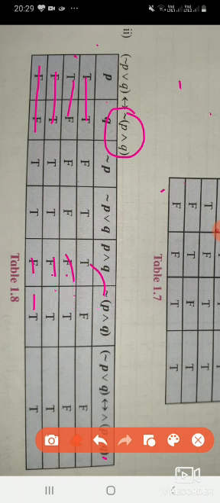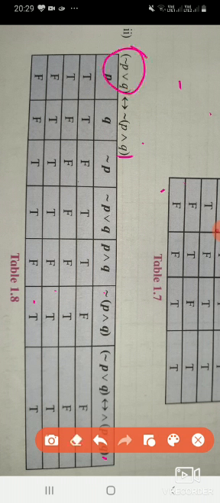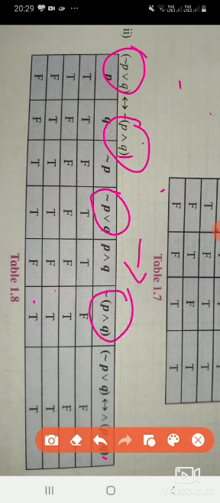After we complete this one, we are going for the final step, that is a sum. We are going to prove whether they are the same or not. Listen, here we are going to compare these two. Where is this table? It is here. This column is here. We are going to compare this one by using biconditional. Biconditional means both are true means true. Both are false is also true.